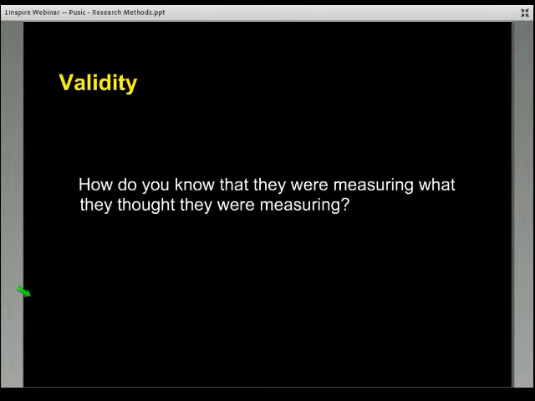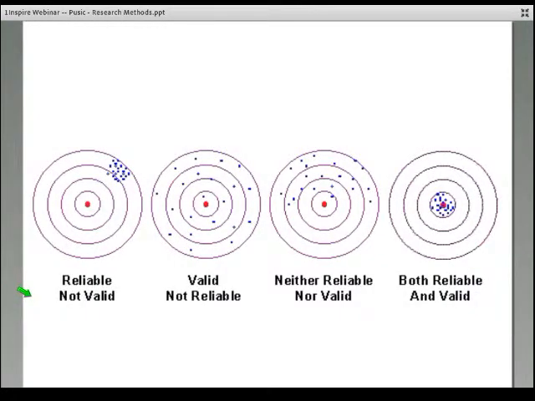So the question is, this is a sidebar, but validity is about whether you know that you're measuring what you thought you were measuring, and reliability is about how well you actually measured it. I don't know if you've seen this target metaphor before, but it's a wonderful way of thinking about it. On the extreme left, we've got an assessment metric that is reliable, i.e., each time I take a measurement,